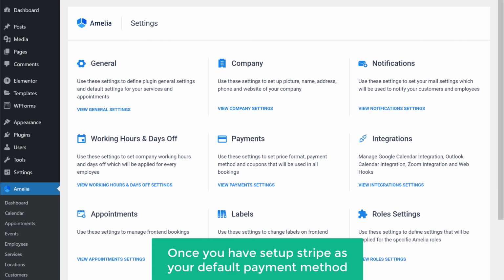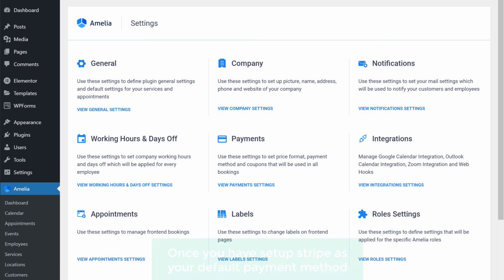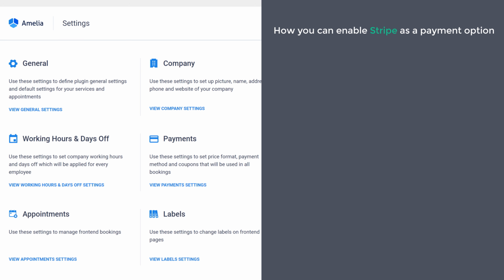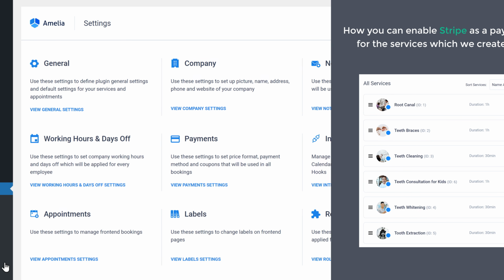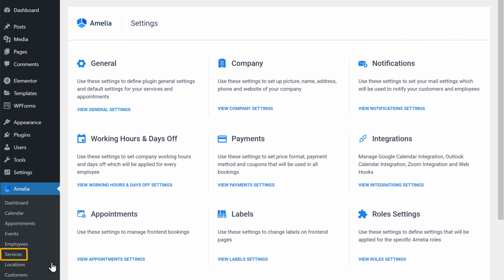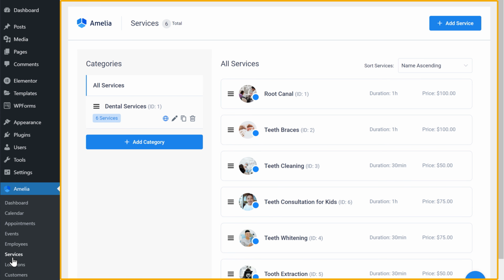Once you have set up Stripe as your default payment method, next, let's see how you can enable Stripe as a payment option for the services which we created before. So to enable it, just click Services and you will get this page.